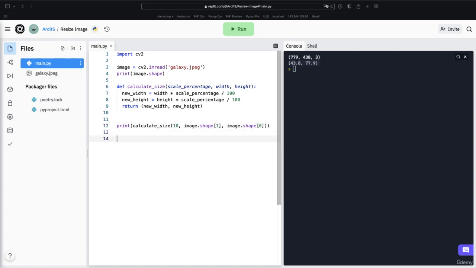Now that we have that, we could go ahead and create another function which could say something like resize, for resize image, and this would get an image path as argument and a scale percentage argument, which is a local variable of this function, right? And then we would get this here and paste it in here, so indent under this function, and instead of saying galaxy.jpg, we say image path,